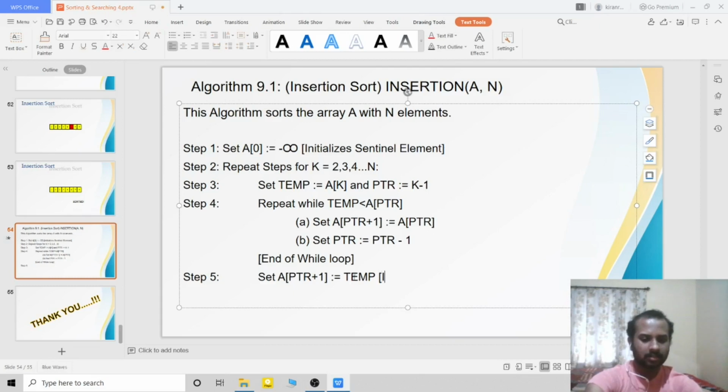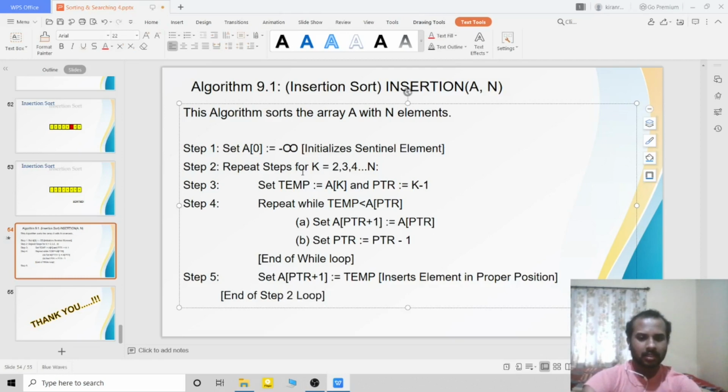So what it is going to do? Inserts element in proper position. That is the end of the for loop. End of step 2 loop.